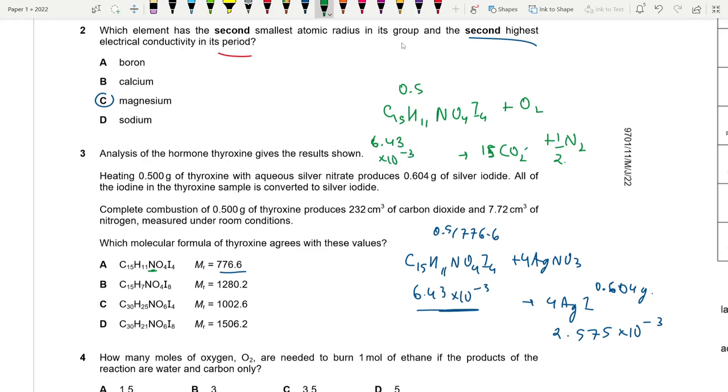So how many moles of gas do we have in total? 15 plus 0.5, 15.5 moles of gas. Okay, but we need the moles individually. So 15 moles of carbon dioxide. So how many moles of carbon dioxide do you get from this? 15 times 6.43 into 10 to the power minus 3 gives us an answer of 0.09645 moles of carbon dioxide. If you multiply that by 24,000,